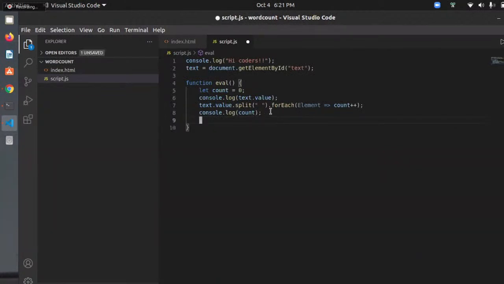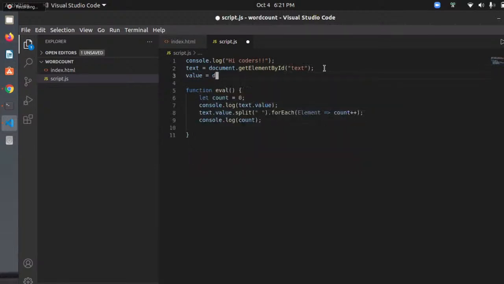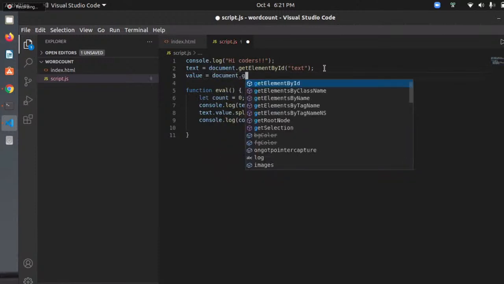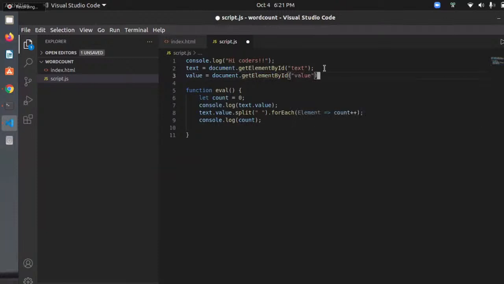And here we need to get the element. So let's get the element: value equals document dot getElementById of value. And after that, value dot innerText is equal to